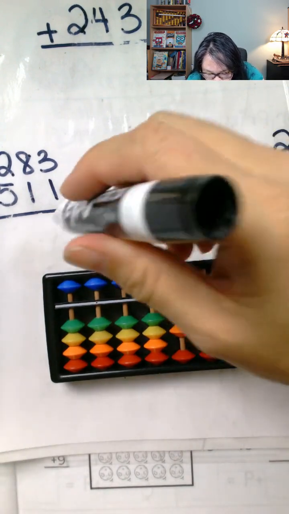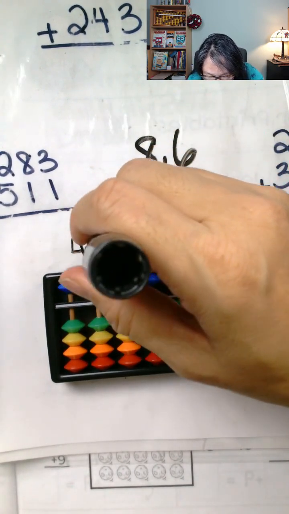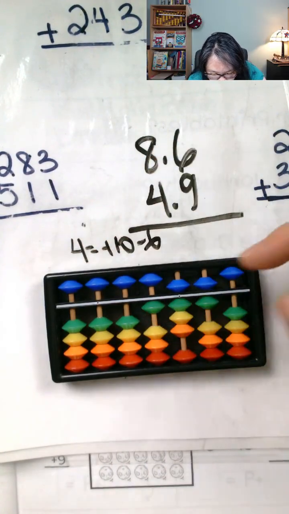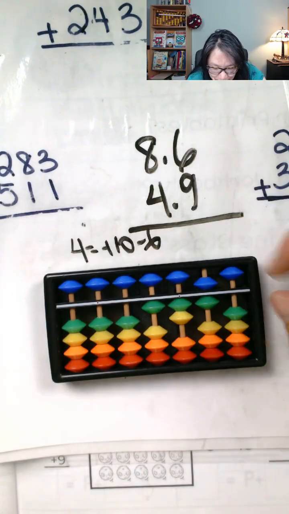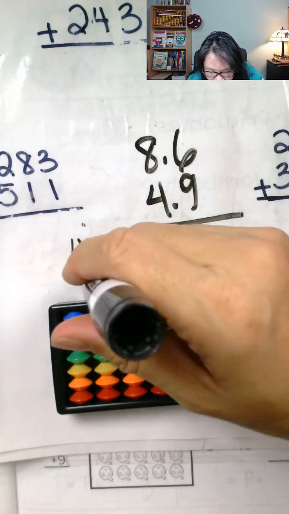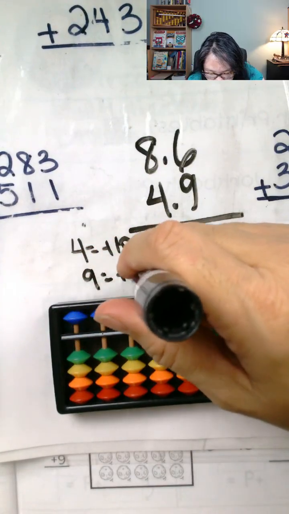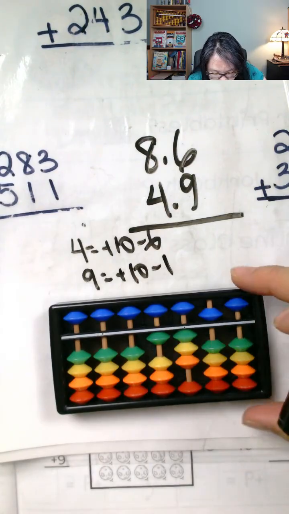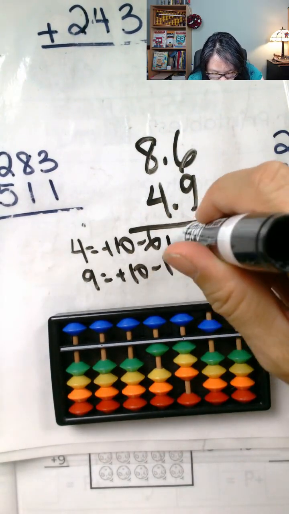So we cannot add the 5. So we do plus the 10 minus 6. And then we need to add the 9. Add the 9 is what? Plus the 10 minus the 1. My final answer is